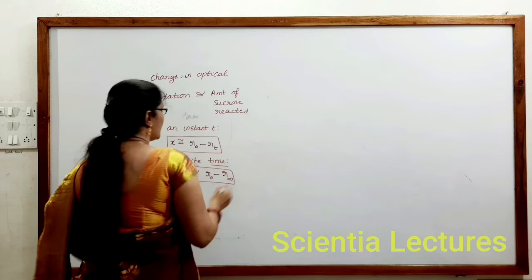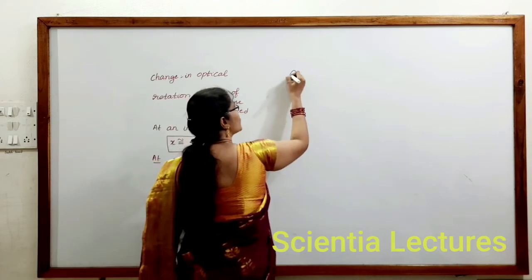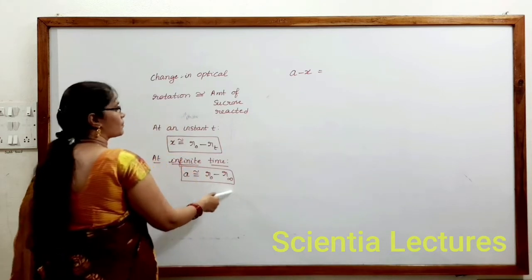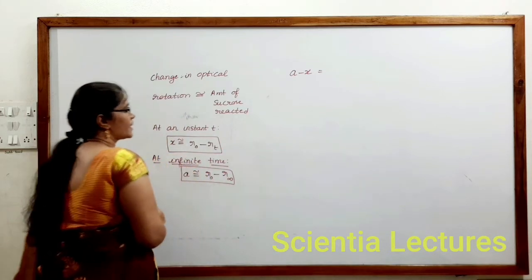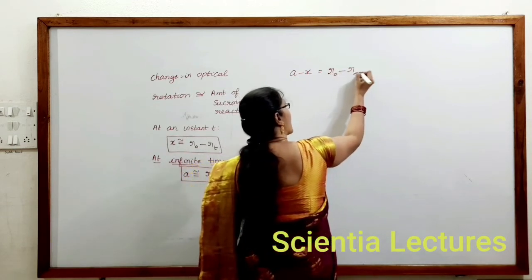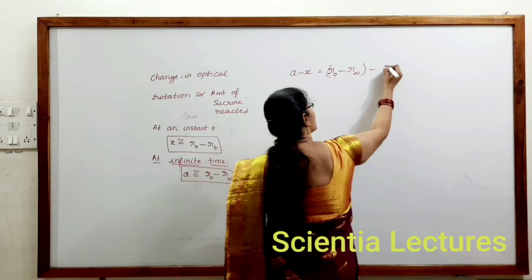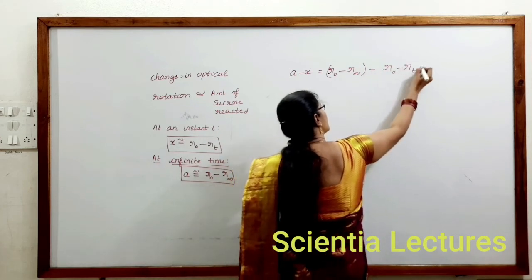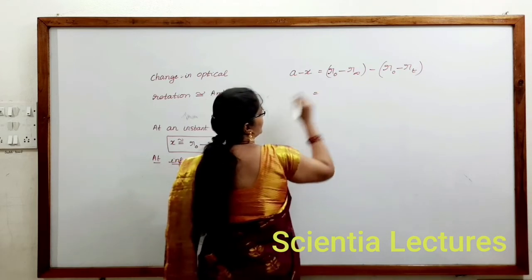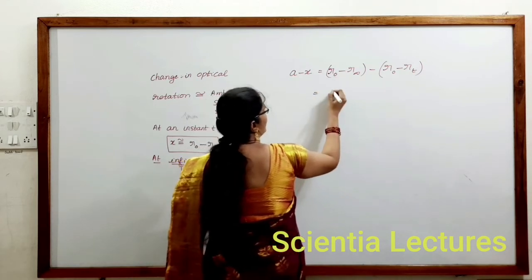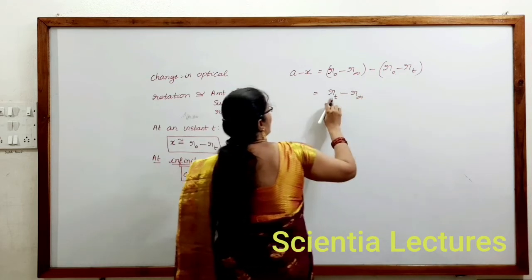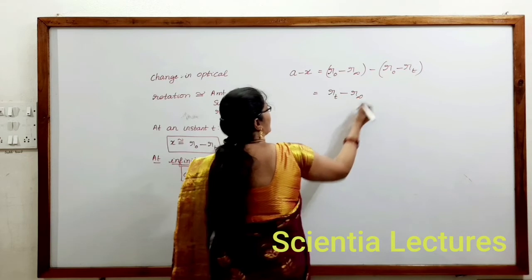Now, in this case, what would K1 be? We should know A minus X. What is A here? R naught minus R infinite. What is X here? R naught minus Rt. So A minus X is R naught minus R infinite, minus R naught minus Rt. R naught gets cancelled, and minus of minus becomes plus, so we get Rt minus R infinite.